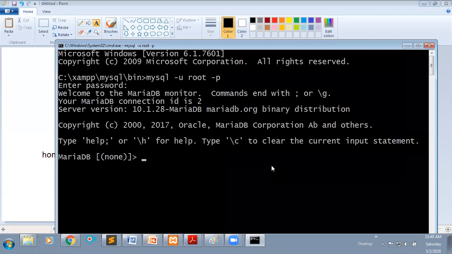To see what databases are present within that server, you can just use one statement or syntax, that is show databases. This is the syntax to see all the databases present in your MySQL server. Simple, show databases. Just enter.